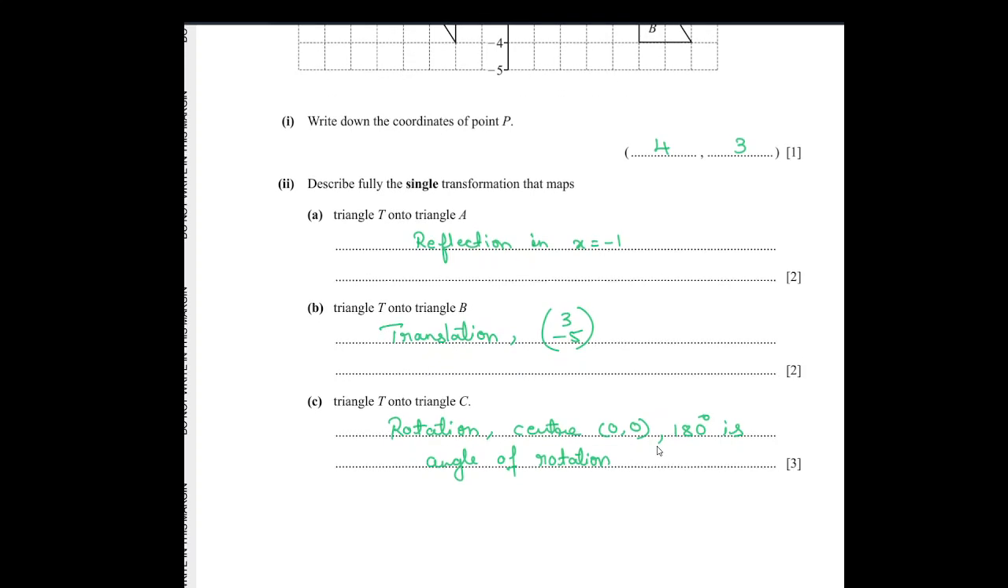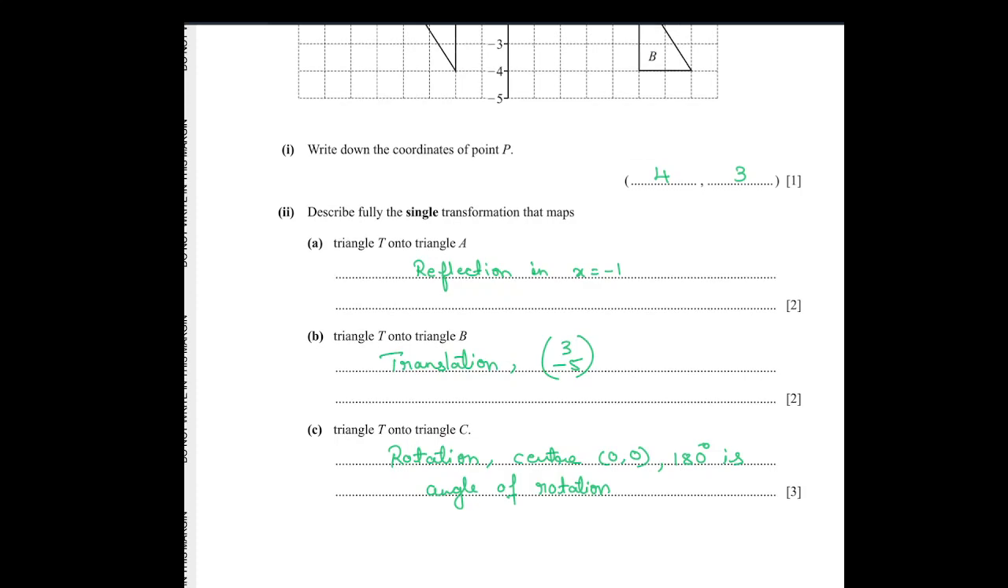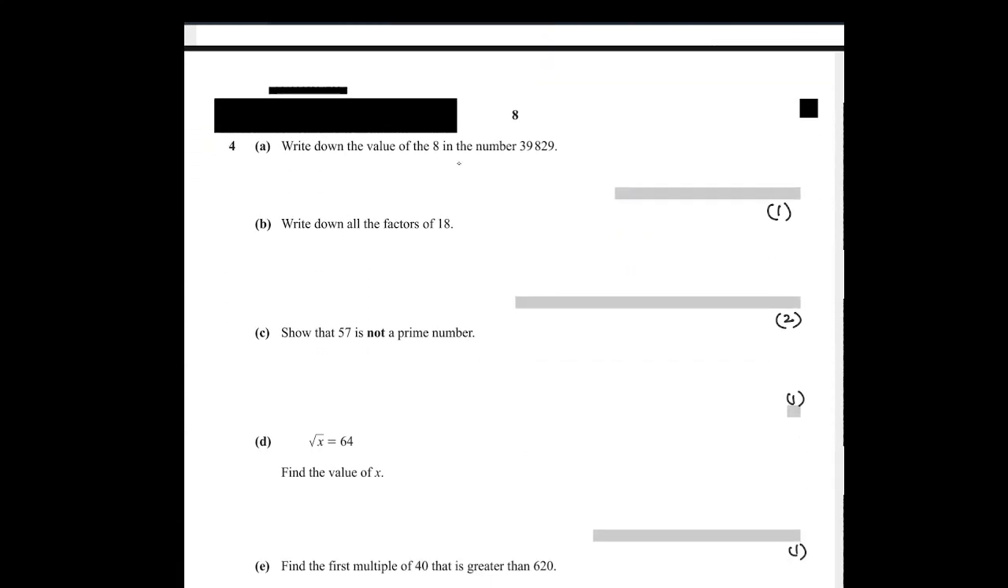Question number 3 is done. Question 4 now. Write down the value of the 8 in the number 39,829. So the value of 8 in this number, when you see, this is in hundreds place, because